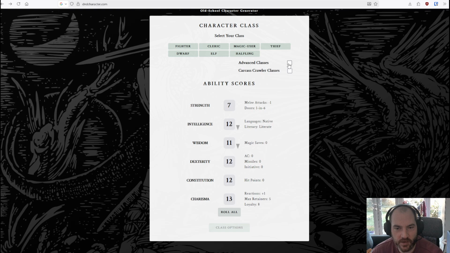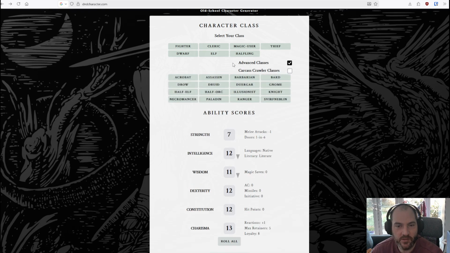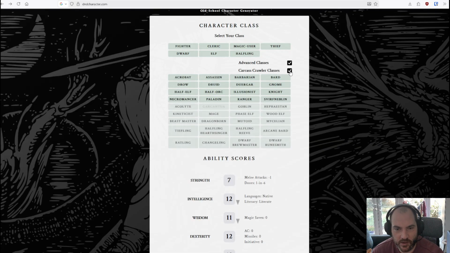Go ahead and tick the button here for advanced classes, and you'll see that the options available in the advanced book become available to you. And then Necrotic Gnome put out a periodical called Carcass Crawler. There are 6 of those now. Go ahead and tick this one, and you'll get the options that are in each of those books. You'll see that Gargantua is grayed out currently, so you could not select that just now, but what we're going to do,